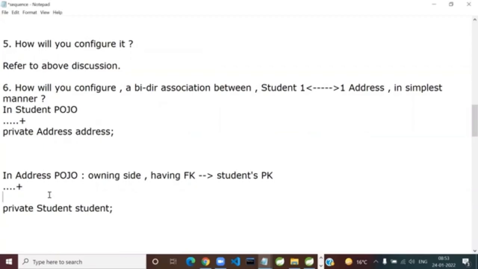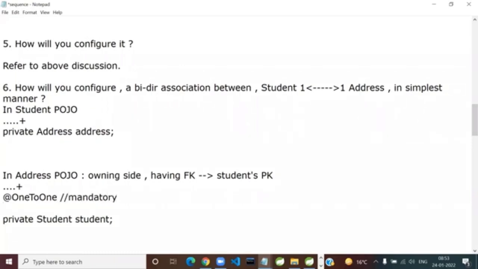No. That is the secondary one. First one, primary one, basic one. I mean, mandatory one. @OneToOne. Okay. But here, everyone knows the name of the join column will be Hibernate decided. So guys, this is mandatory. So answer that first. And the optional and recommended one is, yes guys, JoinColumn.